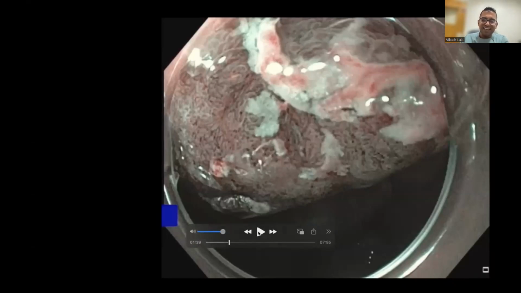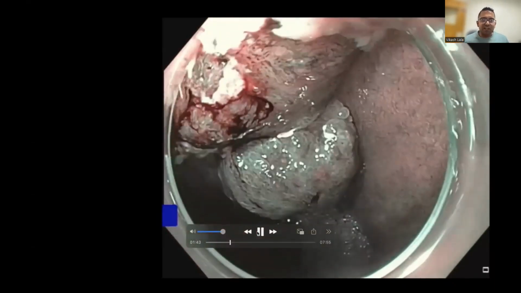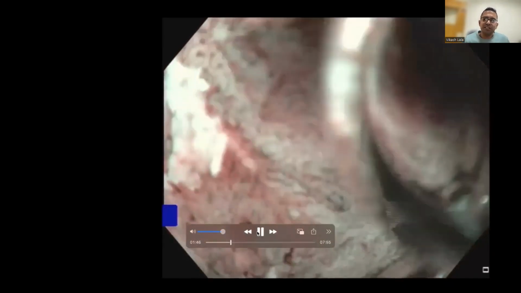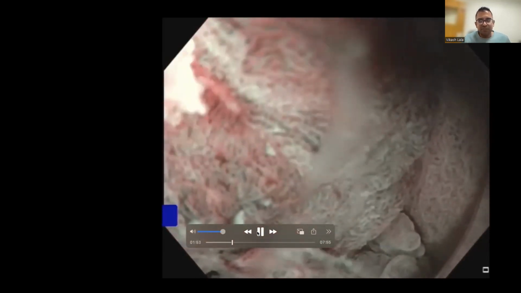I call it irregular with some maintained structure. Now, just be careful that you actually have to assess the whole nodule as well as the back end of the nodule, because just looking at one demarcated area doesn't mean there's another area that's completely irregular with loss of structure. And that would mean that there may be an area that's deeply invasive. So you have to assess the entire region.